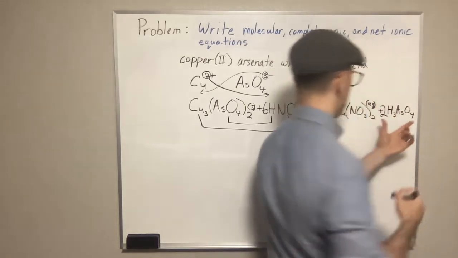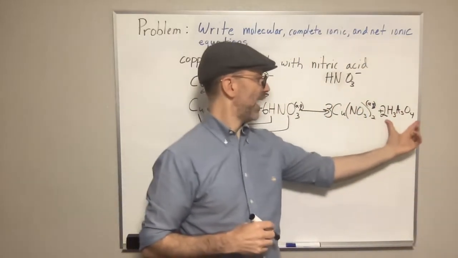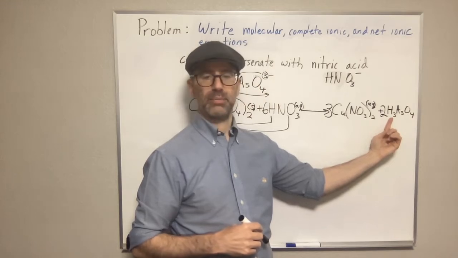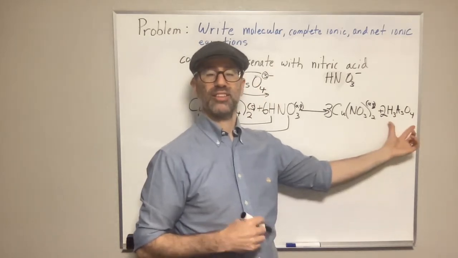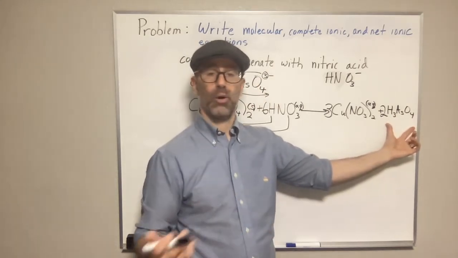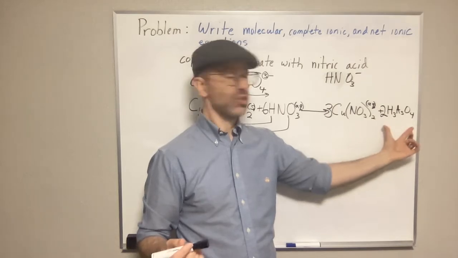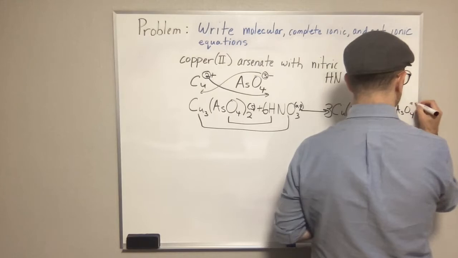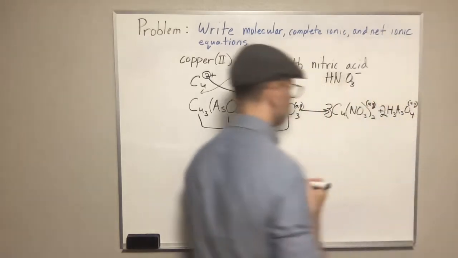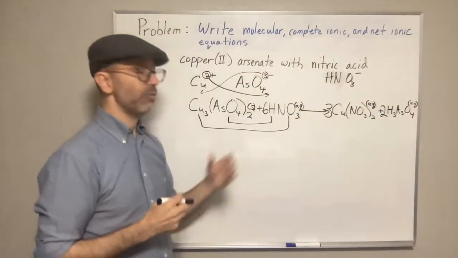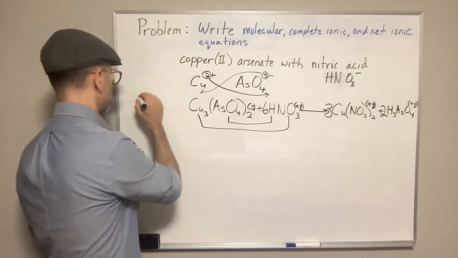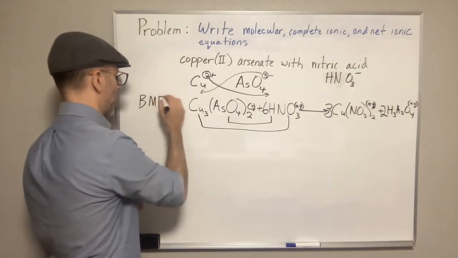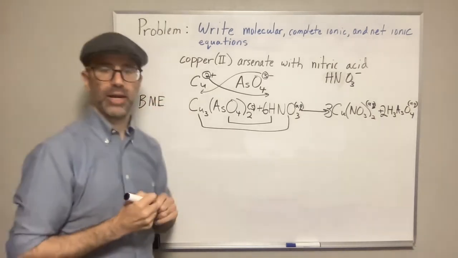And we here have arsenic acid. We know it's an acid because it begins with H3. This is going to be a weak acid because it's not one of the 6 strong acids. So that's going to stay together, but that's going to be aqueous as well. Okay, so now that we have our balanced molecular equation, now we can go to our ionic equations, and the